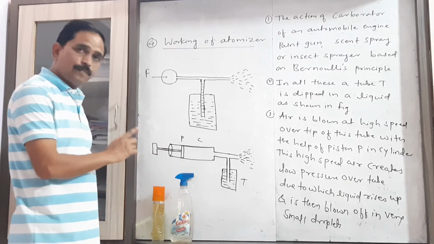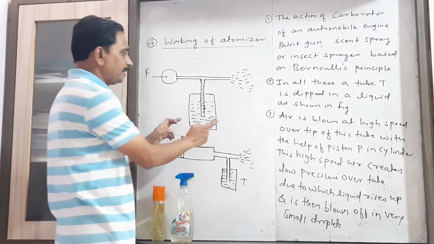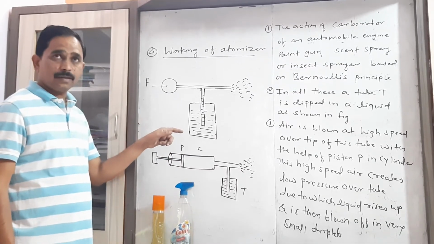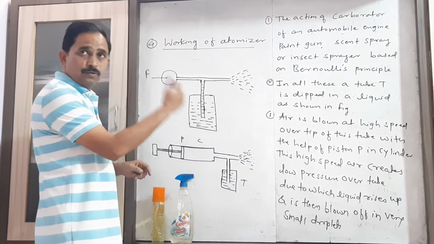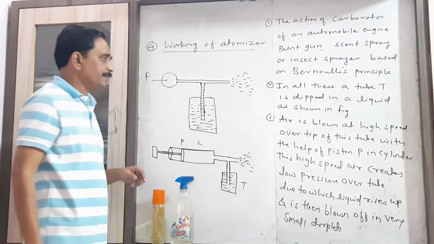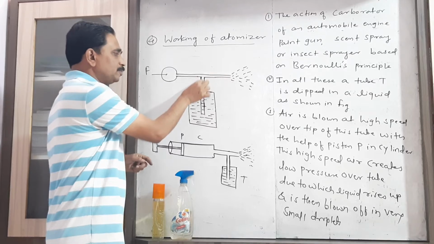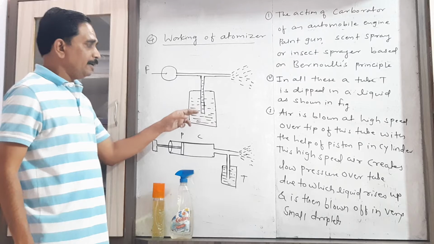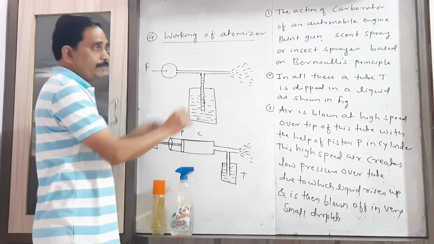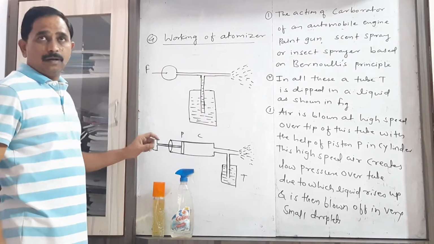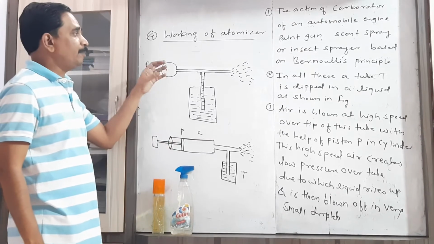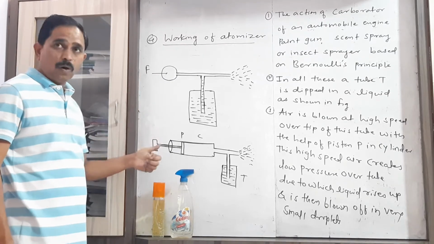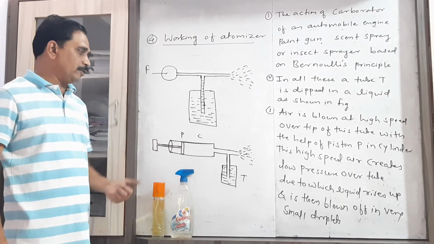Now in every sprayer or atomizer there is one tank in which liquid is taken. In that tank, the particular liquid which we have to spray is filled. Now in that tank there is a smaller tube which is deep in that particular fluid, and to that tube we consider one horizontal tube with the help of which we create the pressure by exerting force on a particular part of that atomizer.